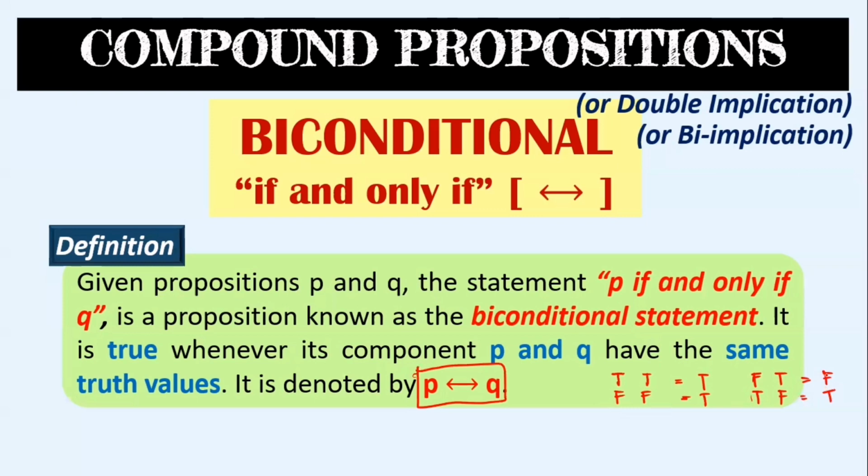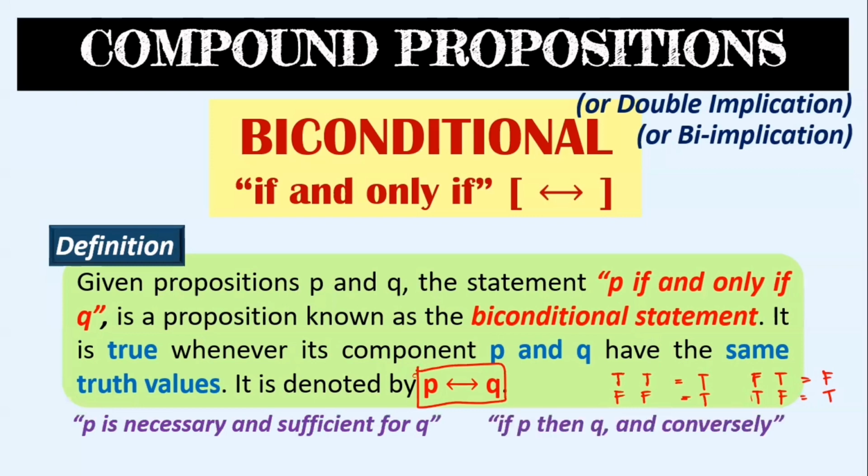Okay? And then, yung mga pwede nating magamit dito ay P is necessary and sufficient for Q. If P, then Q, and conversely. And also, pwede nating gamitin yung P IFF Q. Yung IFF means if and only if. Okay? So, example natin is that,